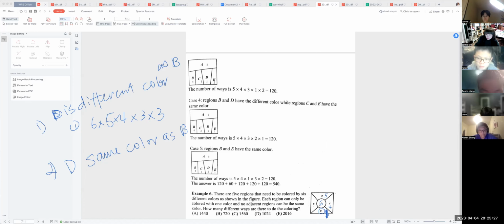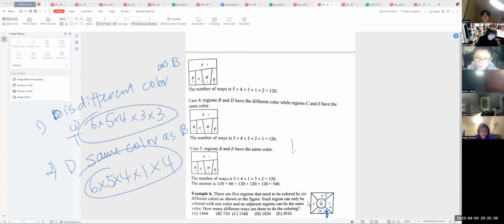Because D is the same, so this one is actually 4. So if D is the same color as B, it is 6 times 5 times 4 times 1 times 4. So then you add these 2 together. So the answer is 1,506 different ways. 但是这种做法的话，如果它那个环上再多了一个 region，它这个就比较麻烦。对。